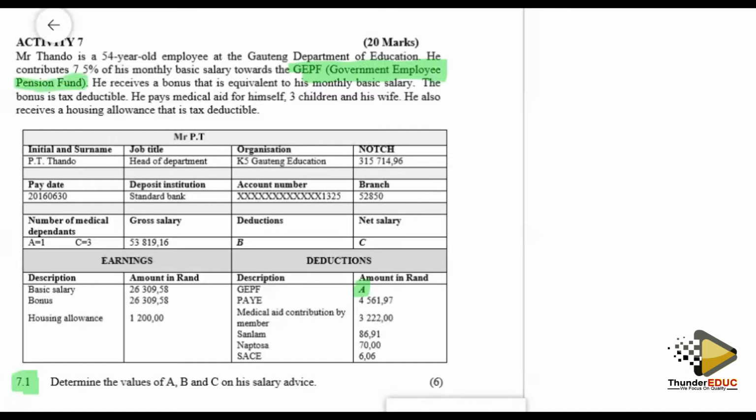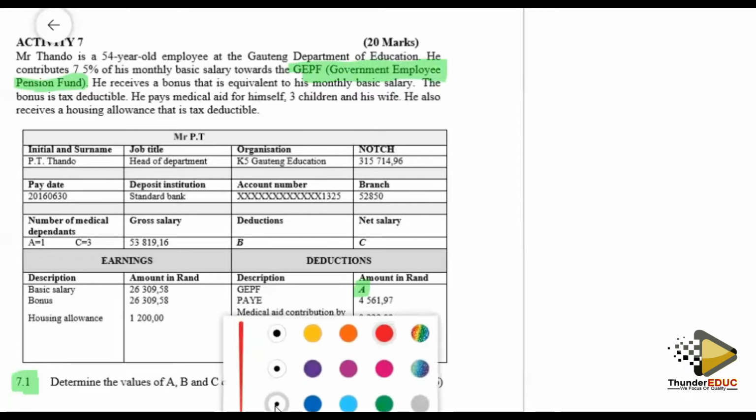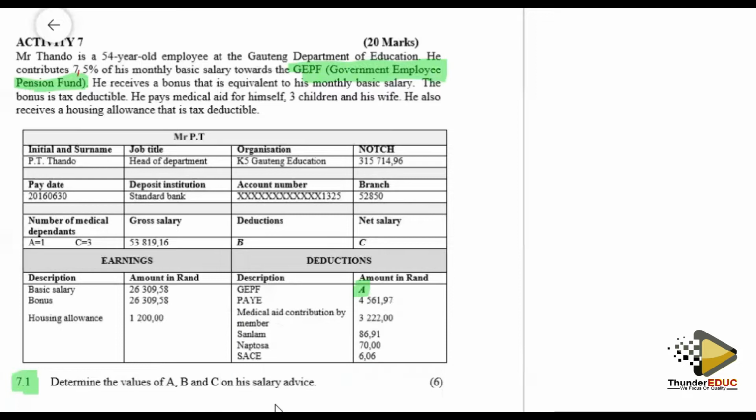Remember, I told you there should be a comma here. Here you should have a comma. Together, 7.5. It cannot be 75% of your salary. That simply means you're working for nothing. Anyway, let's continue. So if you have to look for the value of A,